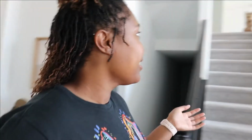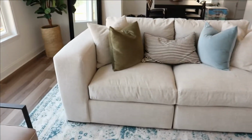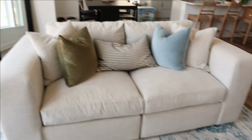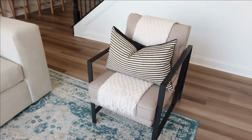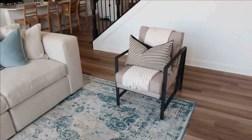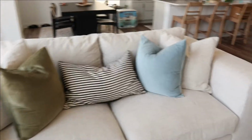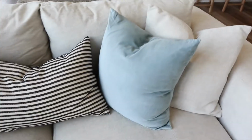I told y'all that the couch came, but I didn't show you what the couch looks like. So this is the couch. We just got a 2-seater, and I had these pillows on both chairs, but I'm just playing with this here. And then I really like this green and blue. These pillows, I think they're 18 by 18